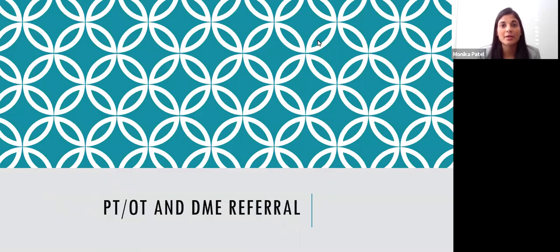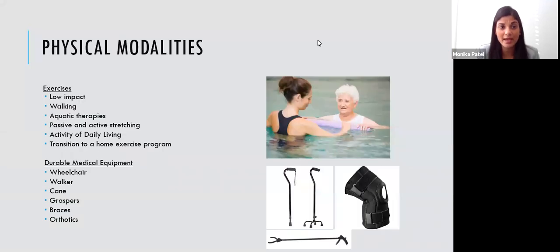Typically, for the chronic pain patient, we start with conservative therapy, which would include physical therapy, occupational therapy, and a durable medical equipment referral if indicated. Physical modalities include various exercises. With chronic pain patients, we really want to start with low impact type exercises such as walking, core strengthening, isotonic muscle